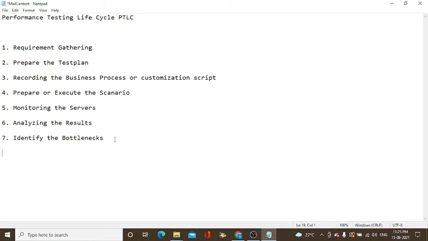Okay, this is the cross verification from the testing point of view, to see if any issue occurs. Example, there is one specific transaction that took a high response time. Okay, that is one type of bottleneck you need to check manually. There are so many ways you need to check: application point of view, firewall point of view, any specific transaction only, any third party, or anything else running. There are so many ways you need to check. Okay, you need to debug that.